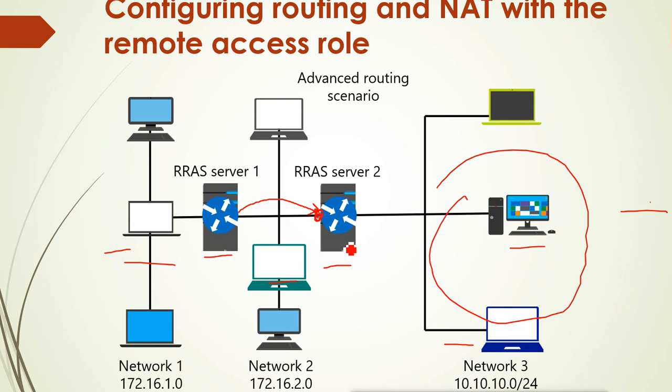So here we have to configure the routing, and we have to say that for network 1, go to this gateway. So go from this gateway for network 1 on this server, and on this server we will say go to this gateway for network 3. That is dynamic routing. In dynamic routing we can configure this statically, or we can use the protocol RIP to do this routing. Actually it is a dynamic routing.